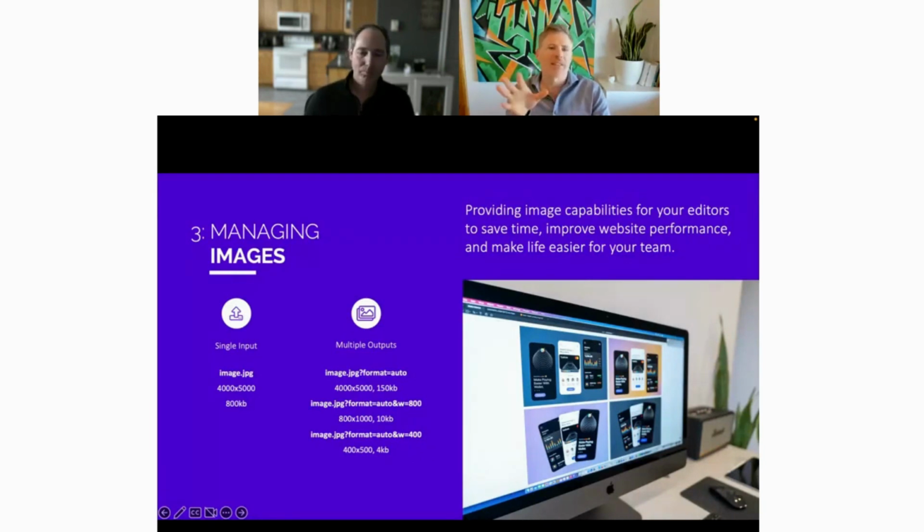And obviously every system you work with is a little different. So for example, with Agility, Format Auto allows it to look at the browser. Does it support WebP? We'll optimize it to WebP, or convert it to some other format that's more efficient for that specific browser or that device. So every system is different. You have to learn how to use that system properly, but it's really important to look at this and be like, okay, if we're going to